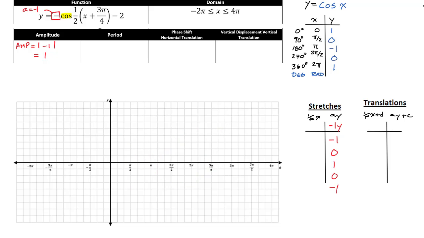All right, let's identify what C is. C is at the back. C is negative 2, so that tells us we're going to have a vertical displacement. We're going to move everything down 2 units. So let's take all our y coordinates and subtract 2 from them. So negative 1 times y, minus 2. So I'm going to be at negative 3, negative 2. Sorry, where am I at? Negative 1. Oops, there we go. Negative 2,